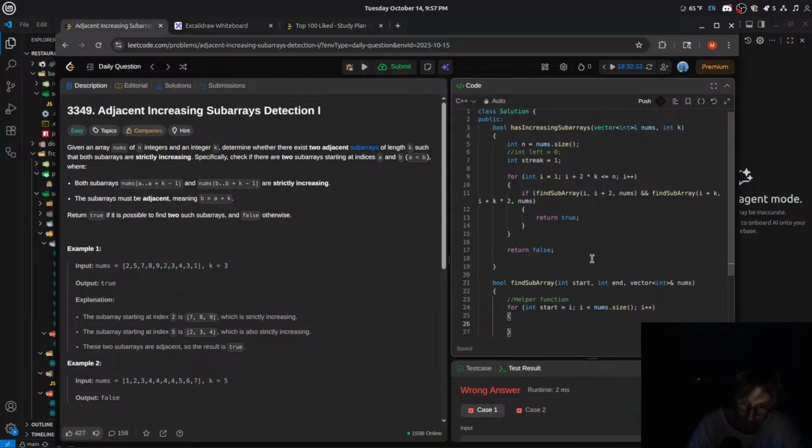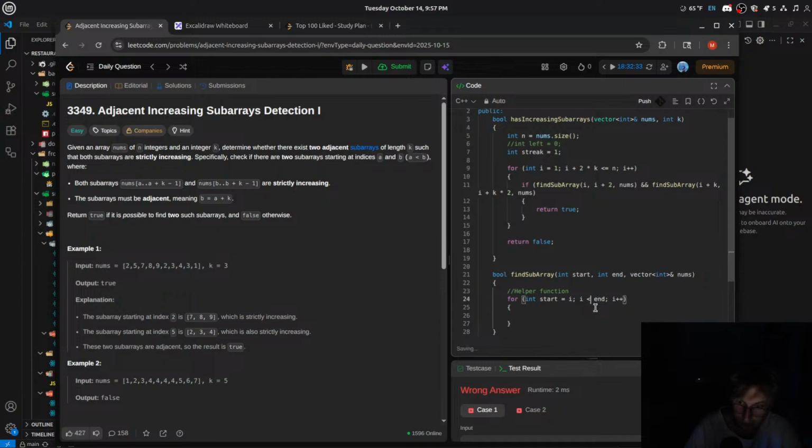We then loop from here from start to end. So less than or equal to end, right? If